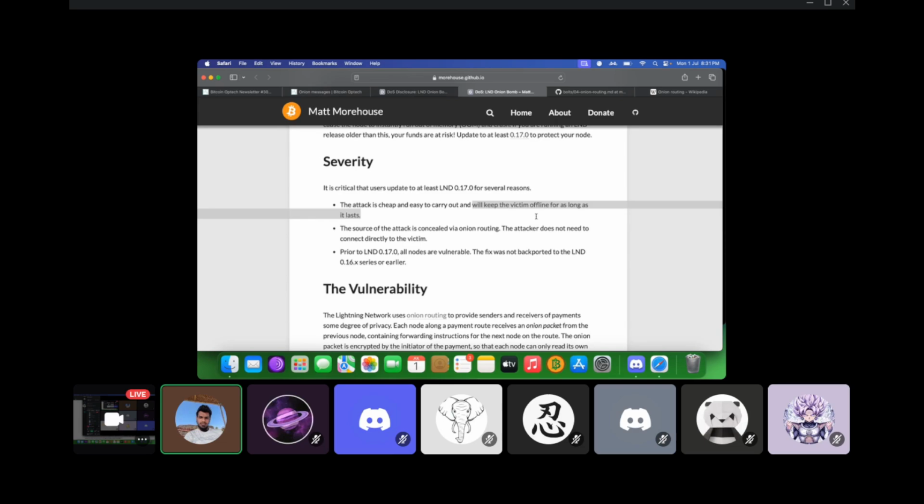Okay, now this is where a revoked commitment transaction can come into play, all right? Because every time you make a payment on the Lightning network, you update the status of the Lightning channel. The funds keep changing, they're not static. Okay, so it's possible that you are offline, and somebody pulls off the onion bomb attack that we're talking about. Your node crashes because your node doesn't have 4 GB of memory, let's say, and you're offline, and you have a Lightning channel open with Alice. Alice exploits this situation, and Alice can broadcast a revoked commitment transaction, meaning Alice can broadcast an old state of your Lightning channel. Okay, so let's assume at the start you started a Lightning channel with Alice.